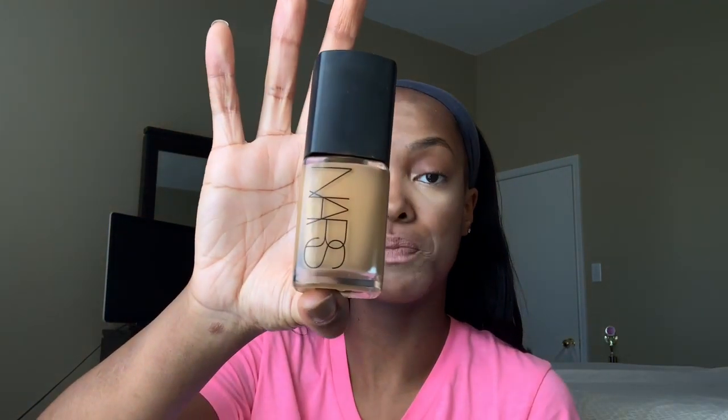Okay, when I do my natural light makeup, normally in my makeup routine I use 2 foundations, but since I want this to be natural, not really too heavy, I'm just going to use 1 foundation, and that 1 foundation is still full coverage enough to where I can use less of it. So I'm going to be using the NARS Sheer Glow foundation, and my shade is in Macao. Hopefully this still matches like I need it to,